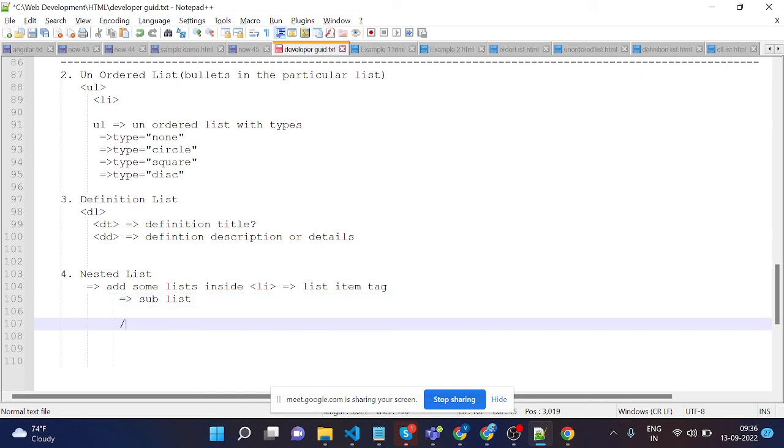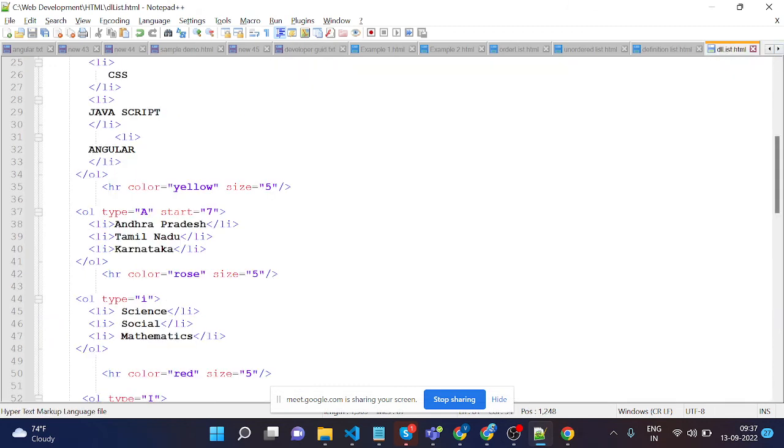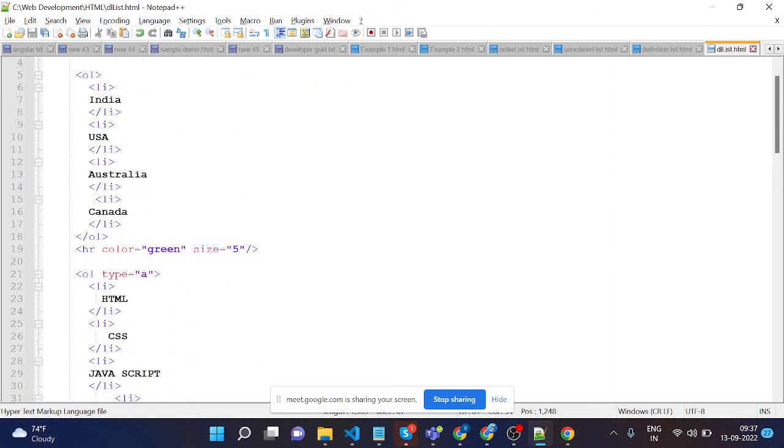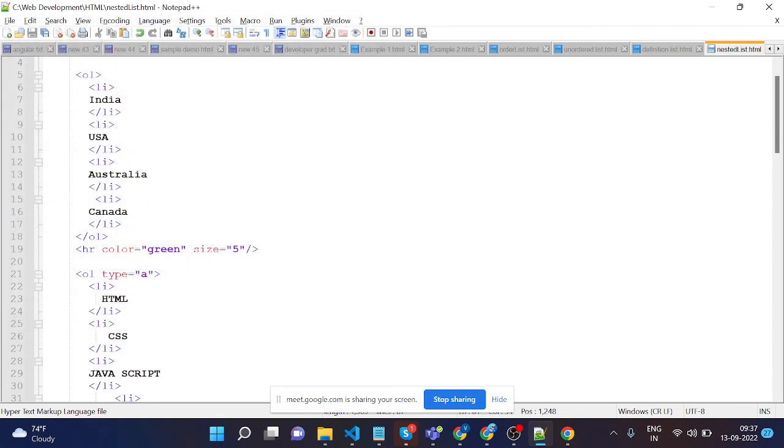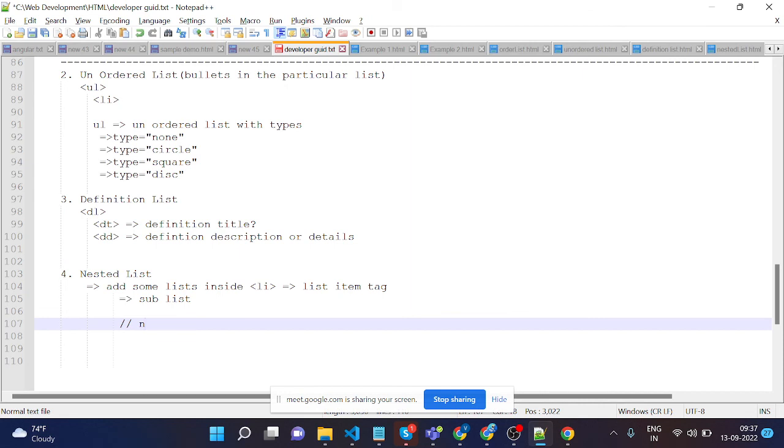Nested list is where you have practiced the nested list example. Some wrong name we have put, but we can save that file with the same name. It's the nested list. We can have in our notes, the user guide, I mean the developer guide, this nested list example,